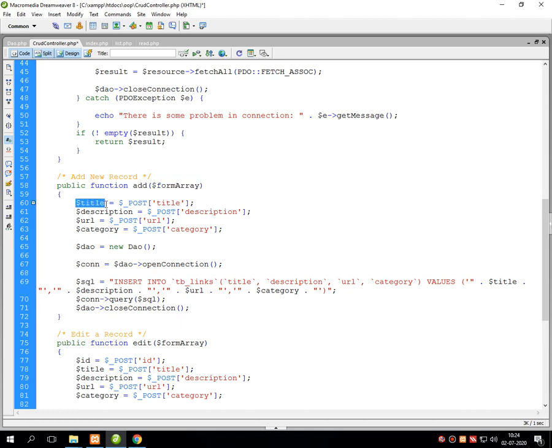First I am accepting the value through $_POST title into the variable called $title. Same like that for description, for URL, and for category. Now where does this data come from?